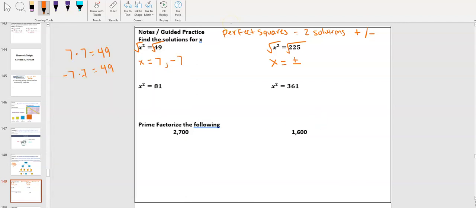So 15 times 15 and negative 15 times negative 15. So that's what that symbol means right there. So go ahead and do the square root of 81 and 361 on your own, and we will double check them in class. Down here, the next thing that we are going to review is how to do prime factorization,